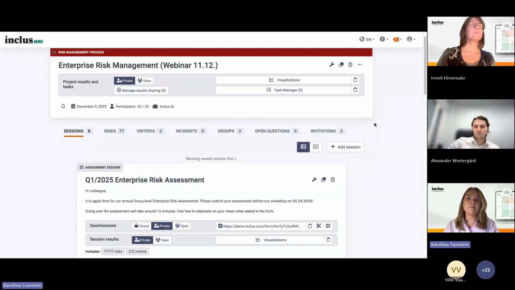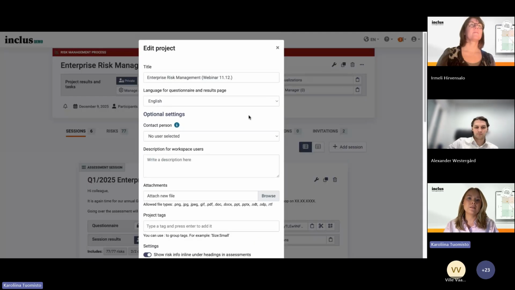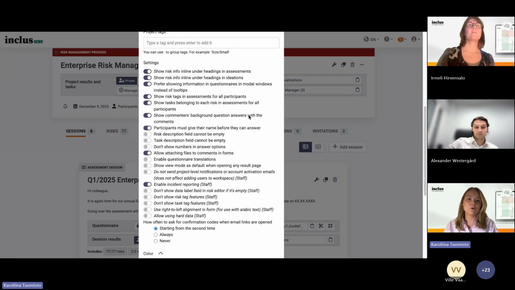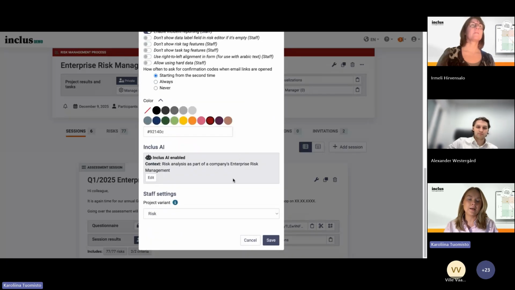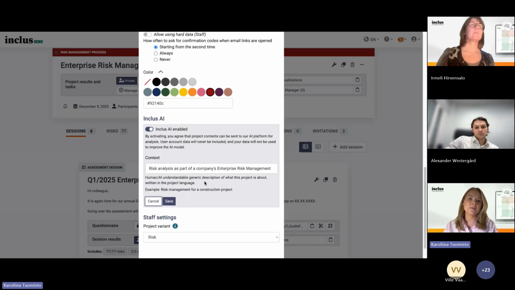But if you don't have them yet, you can do it from the project settings right here, edit project. So let's click this and then scroll right down to the bottom. And here you can see this Inclus AI section where you can edit these settings. So here you can switch the features on or off.